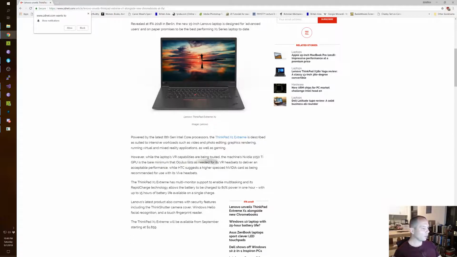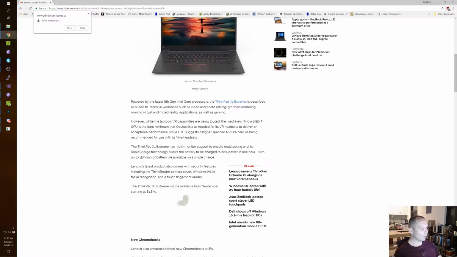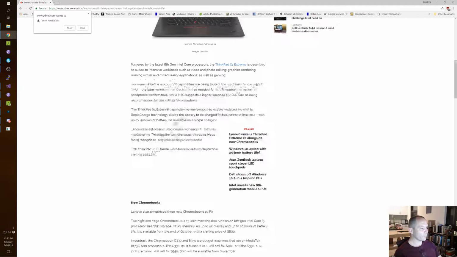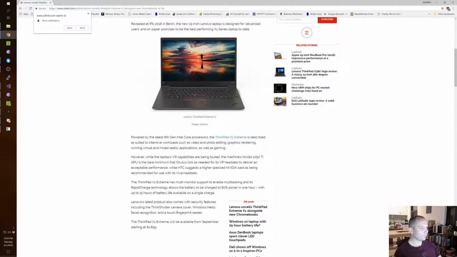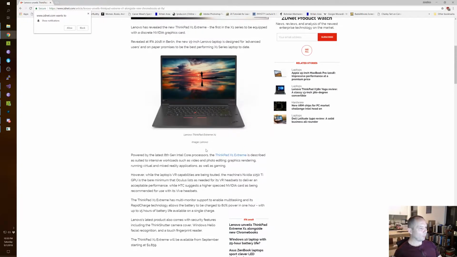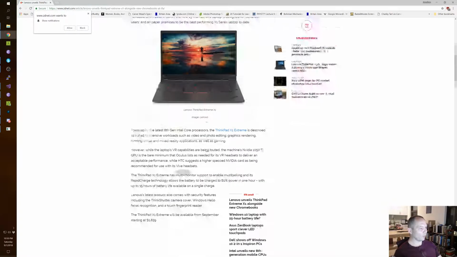1050 Ti. That's not that fast. Doesn't seem too bad though. I bought a ThinkPad P1, which is probably about the same spec as this.